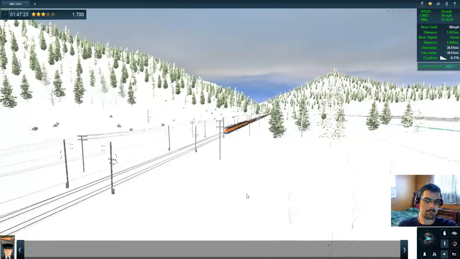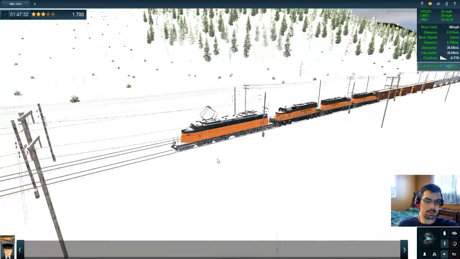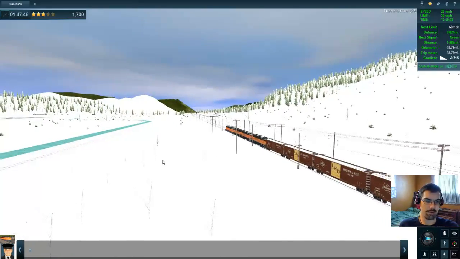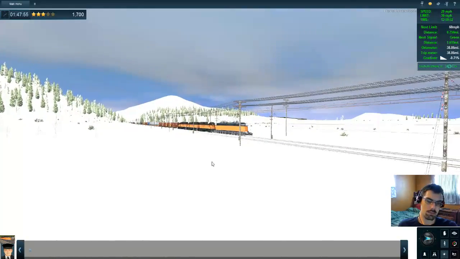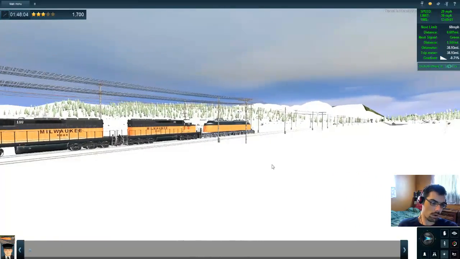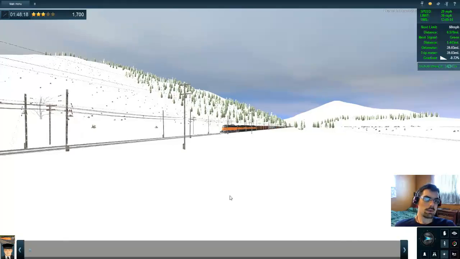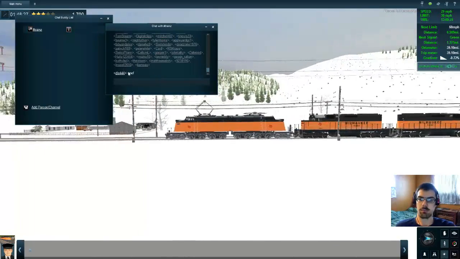So apparently I can only go 30 on the sidings, which is really annoying. So I guess that's going to be the issue later on. 47 minutes of time. It'll take forever. We're almost to our destination. Shouldn't be too long before we're...